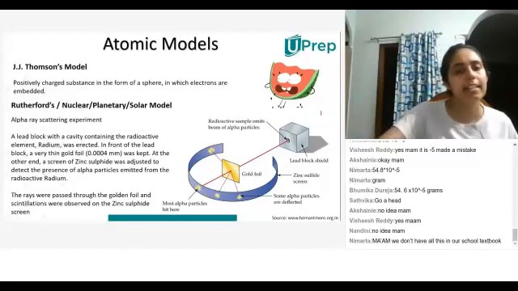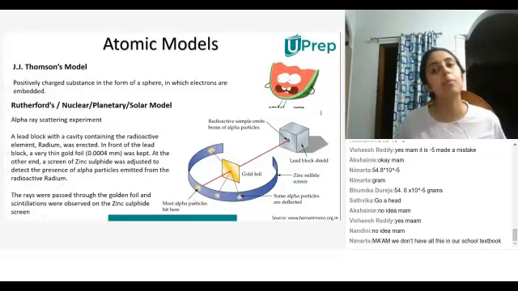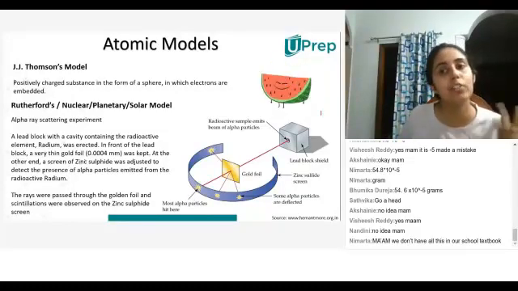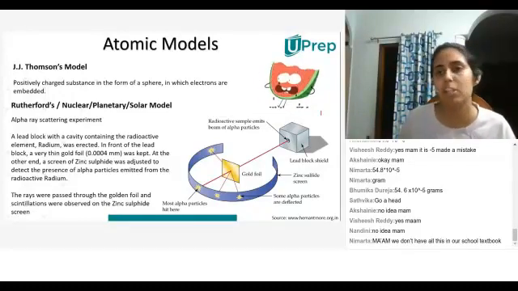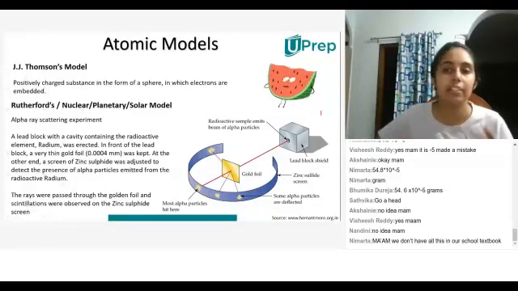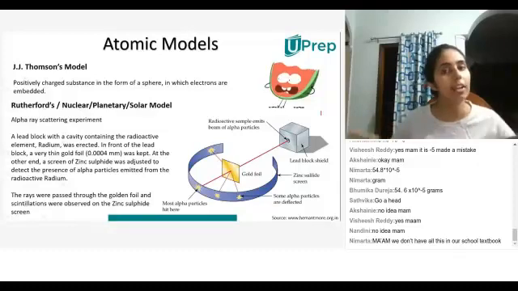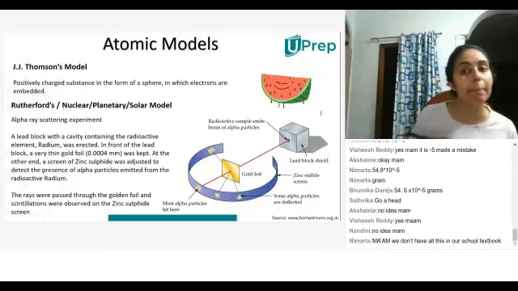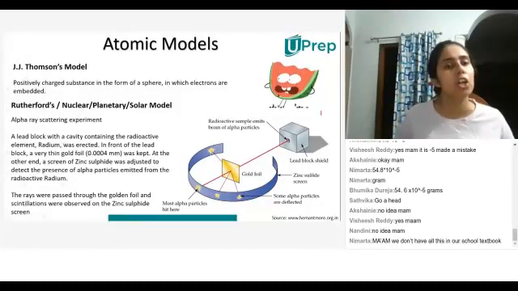So let's understand what is happening here. Basically J.J. Thomson, we know he discovered electrons, and he proposed a model of an atom, saying that the electrons of the atom are present inside a positively charged substance, just like how you have seeds of a watermelon present all around inside the pulp of the watermelon. Similarly, he said electrons are embedded that way inside the positively charged substance of a sphere. So then